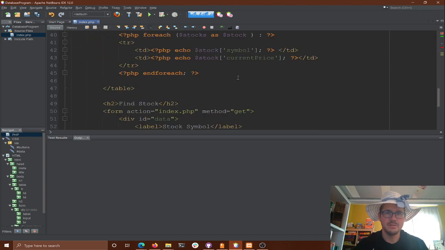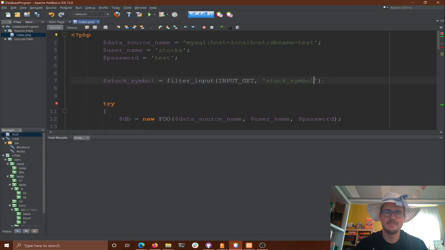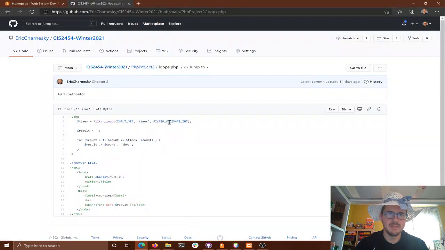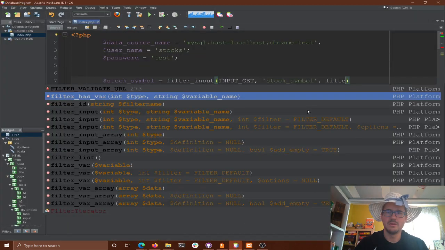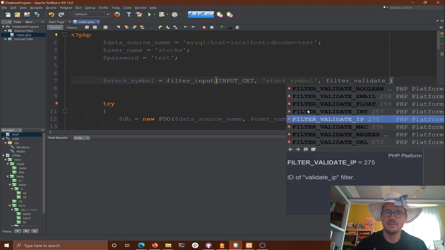It said it was stock symbol. And that was the validation type, right? Filter validate. We want to validate that it's a string.